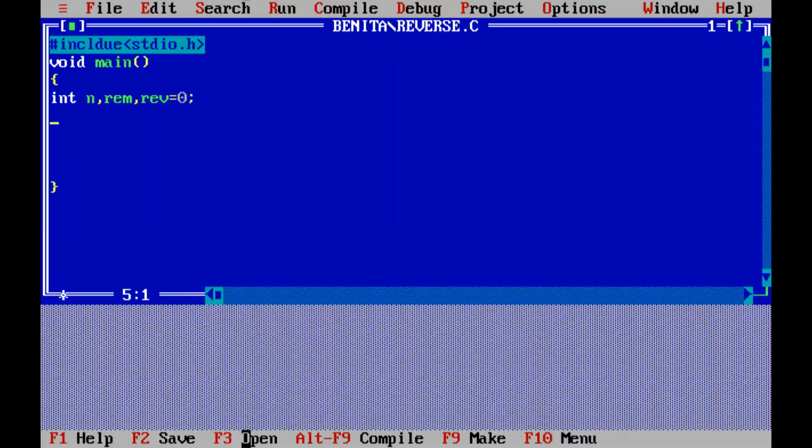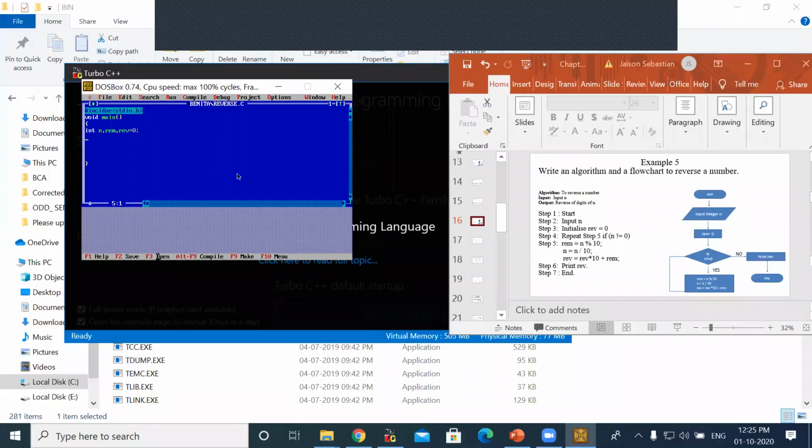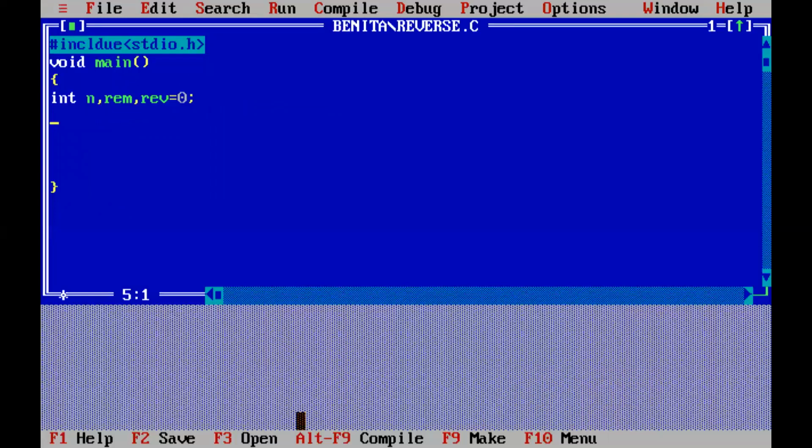We are going to get an input, right? Input n. So we are going to ask the user to enter. So how to ask the user to enter? Enter the number. Enter the number if you want to reverse. Include the spelling, like that you should, otherwise errors will come. Scanf. So here we are accepting an integer, so we are giving %d. Then what we should give now? Which variable?